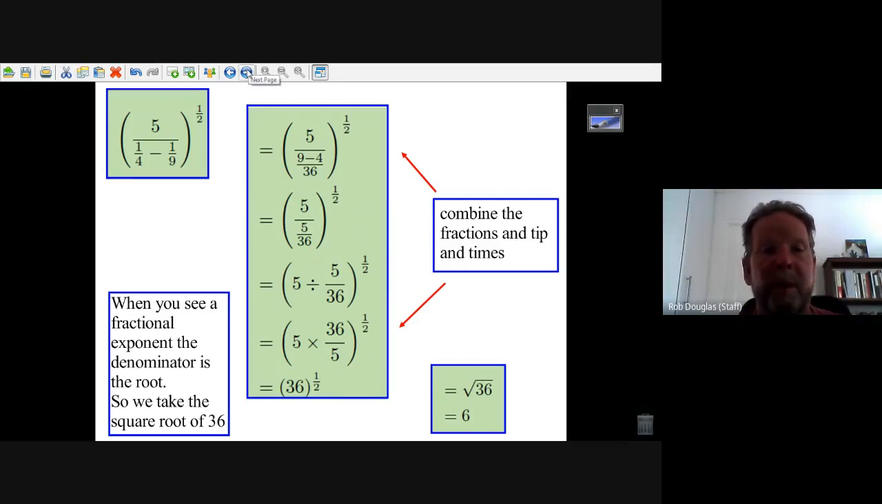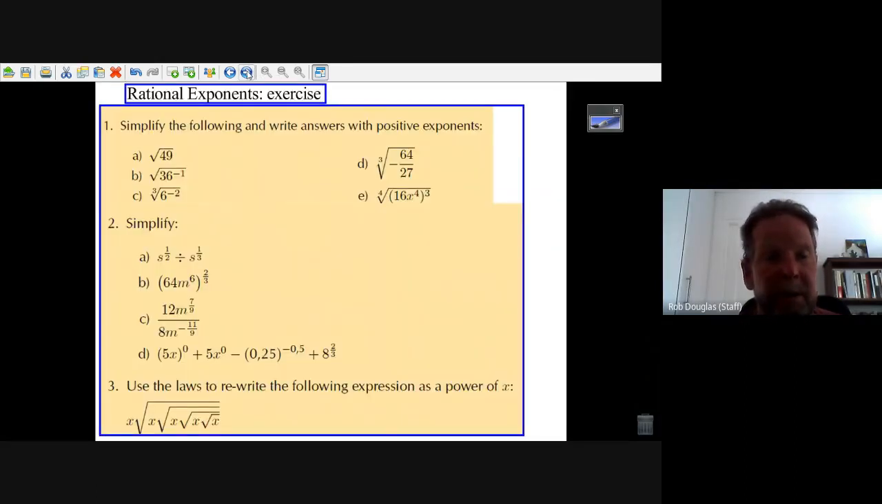Okay, we've just got some questions that make us work with these fractional kinds of exponents. Some are easy and some are a little bit tricky. So here they all are, and they come with the memo as